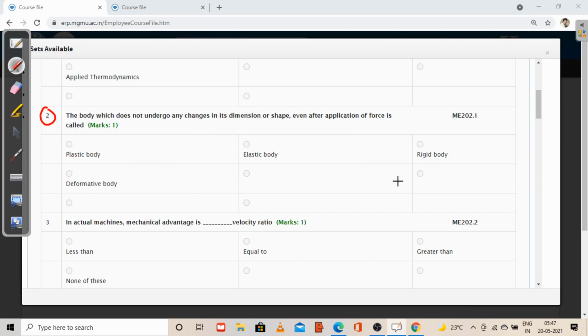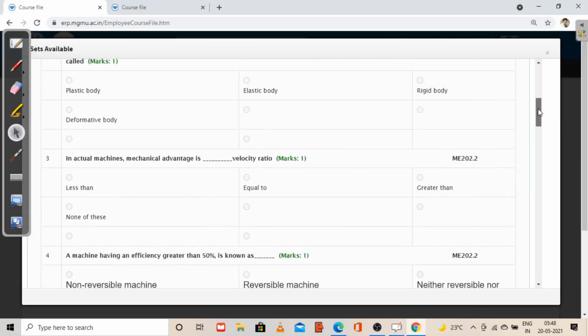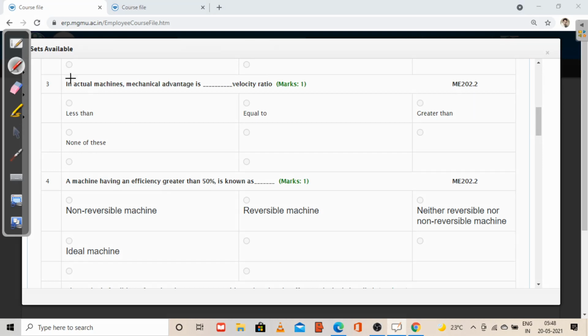Rigid body is just an assumption. Okay, it is just an assumption. Theoretically not possible. Sorry, it's a theory concept, practically not possible. So in mechanics, we are going to consider every body as a rigid body and we study. Okay, so this is the second question. If you see the third question, in actual machine,